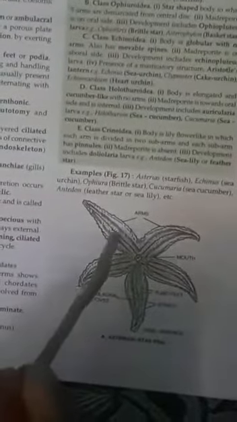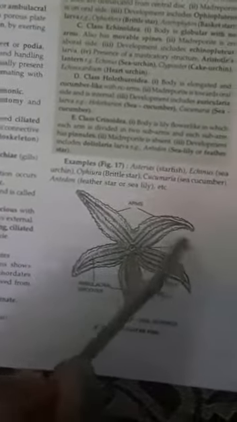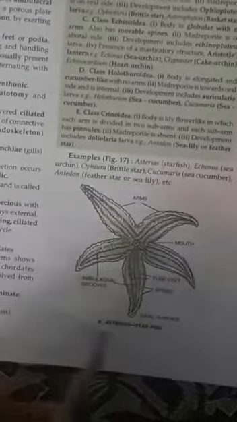So, Echinodermata is the organism which has spiny skin. Organ system level of body organization is there. The animal is triploblastic, with radial symmetry and pentamerous structure. Pentamerous structure, you can see here 5 different arms, 1, 2, 3, 4 and 5. So 5 arms are in total in the body of the organism, hence it is considered pentamerous,